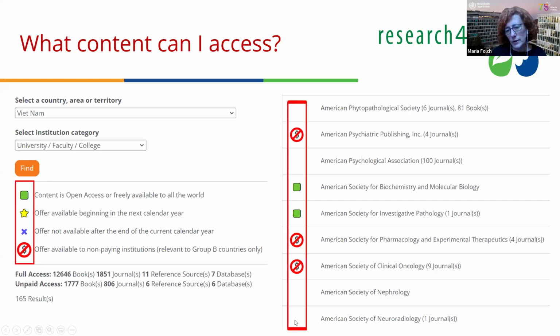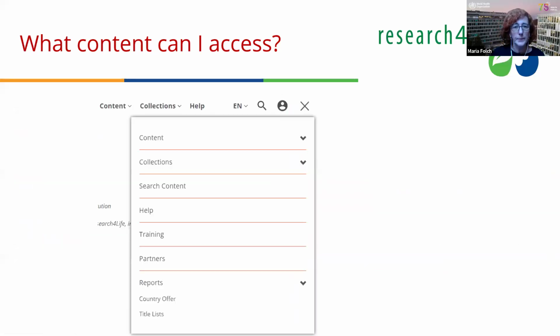I just want to remind you of these symbols in front of the names of the publishers in the list. There is another thing that can also help answer the question we got before. That is this title list. You can check which titles of each publisher are available for your institution.